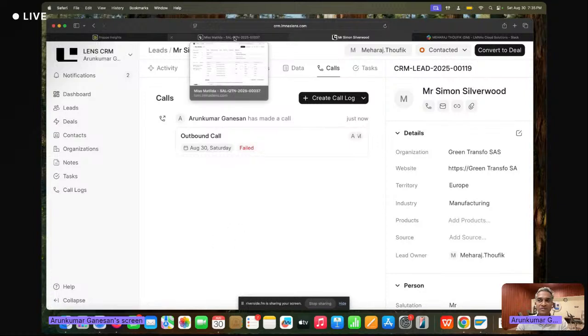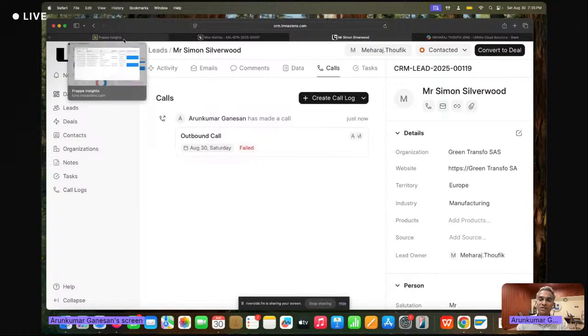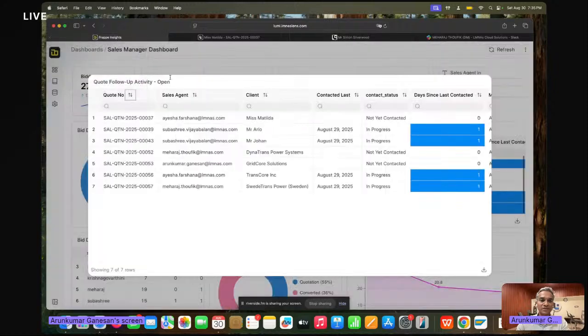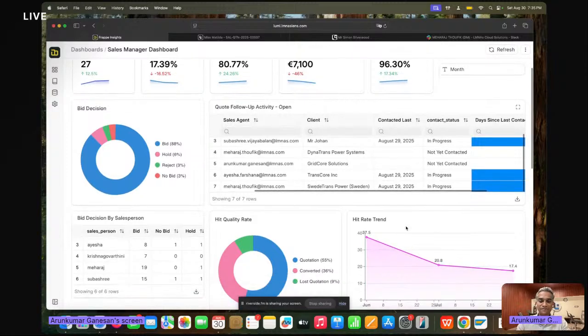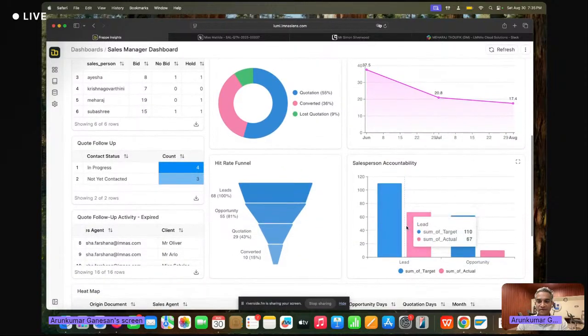And if you enforce this as a process, and if the tool is going to support all the possible channels of communication, then you would see all the communications happening in the system. And you would also see, despite all the communications, all the efforts made by the sales team, the client is not able to respond. That's fair enough, because client is. And now we can go back and see why the bid team missed this in the earlier evaluation, because we don't want to spend time on things which are not going to work. And that's where the AI insights are really required, right?